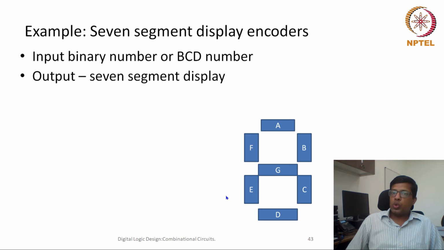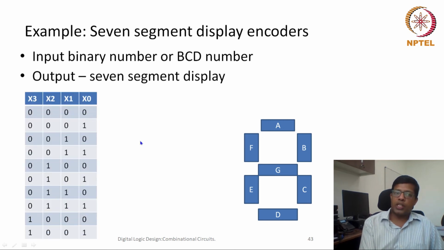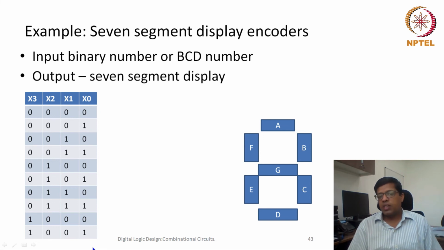Then this is also sort of an encoder, because all of these inputs would finally light any of these LEDs. Okay, so the input is, let's say, X, which is 4 bits, X0, X1, X2, X3, and while writing the truth table I have written the numbers from 0 to 9. After 9, 10, 11,